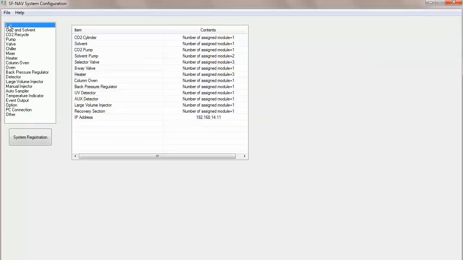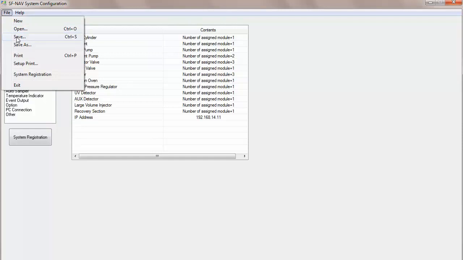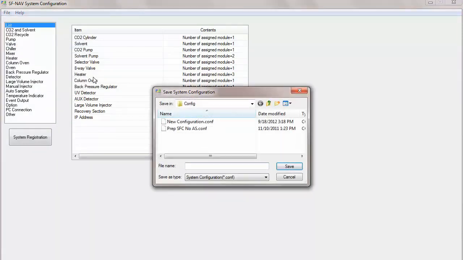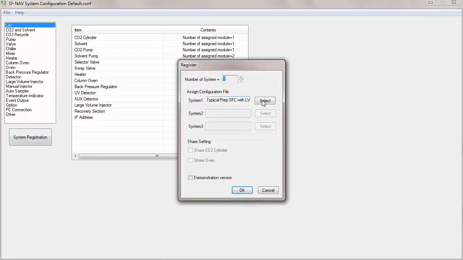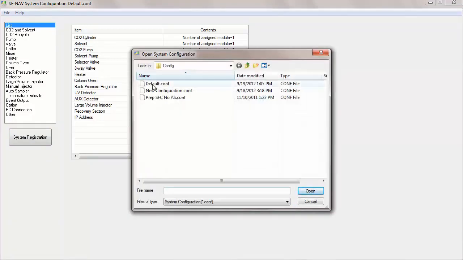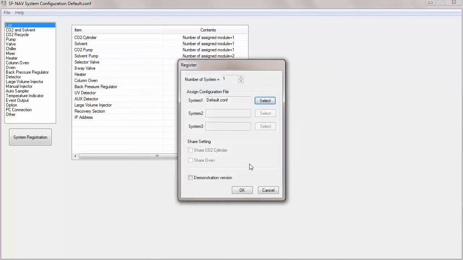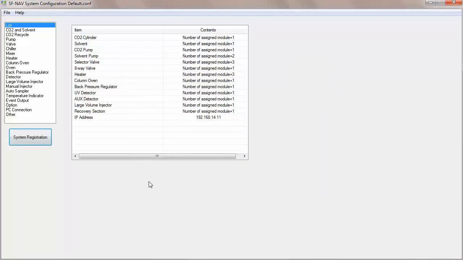At this point, we can go back to the list and see we have a lot of different modules, and obviously this has changed, as well as you see a slightly different IP address than before. We'll want to save this communication configuration as our default and click Save. Now the last thing we'll need to do is register that system configuration by clicking System Registration, selecting our default configuration that we just made, and clicking OK. Now once we've done that,